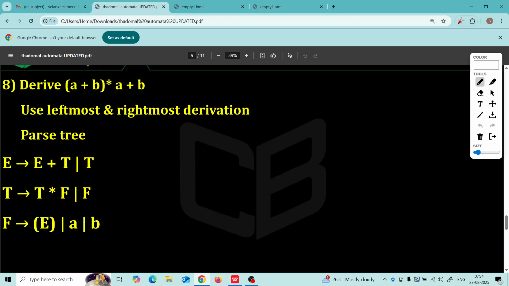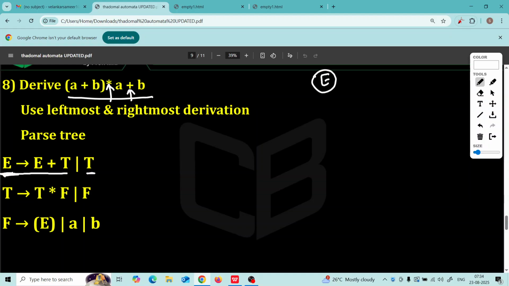Okay, let's try drawing the parse tree straight away. From where will the derivation start? E. E is the start symbol. So I will start with E. Tell me what you want, this string? Correct? Now you are constructing the parse tree. Don't think of LMD or RMD. Now you tell me, we have this star and we have this plus. Two things are there. Fine. Now if you are watching E, E can either give E plus T or E can give T. Either of these.